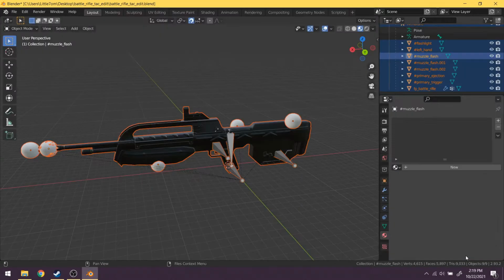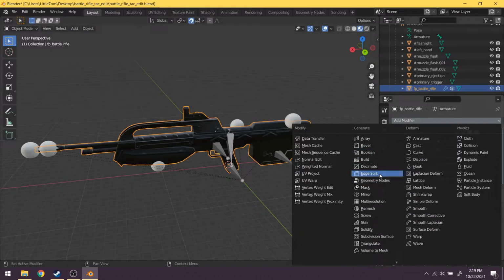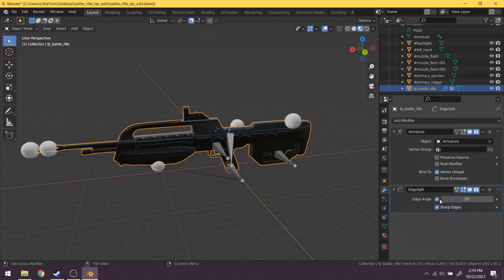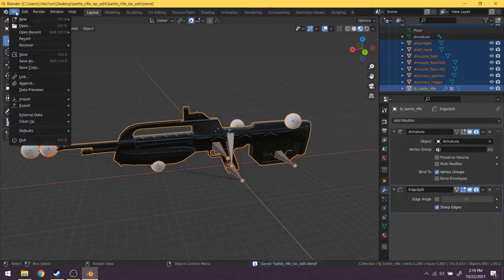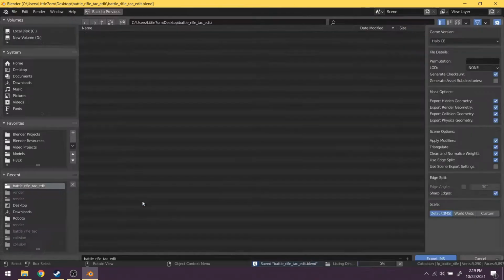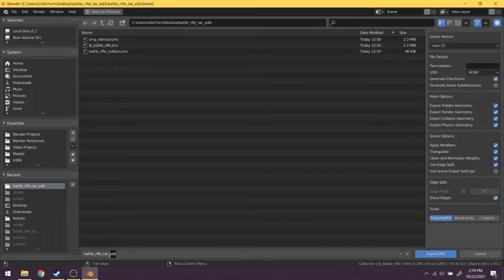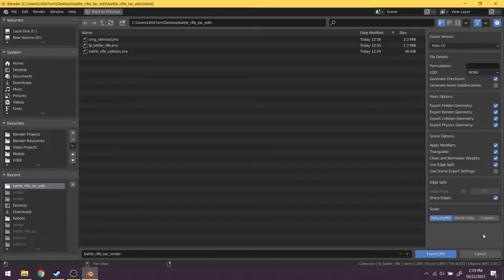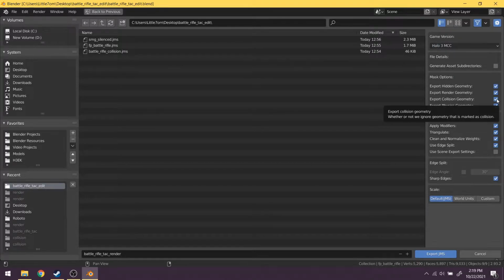Just to be safe, let's add an edge split modifier to our mesh. And untick edge angle, just keep sharp edges. Let's select everything again and save. Export JMS, battle rifle tac render. Okay. Halo 3, uncheck collision geometry and physics geometry. We want to apply modifiers, triangulate even though it's already triangulated. All this stuff,